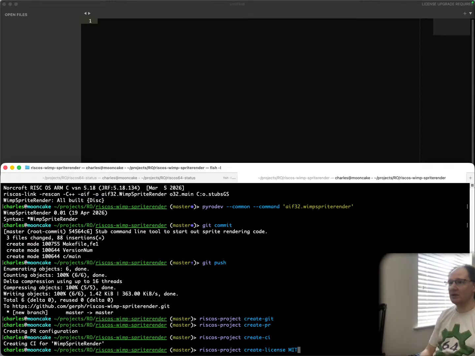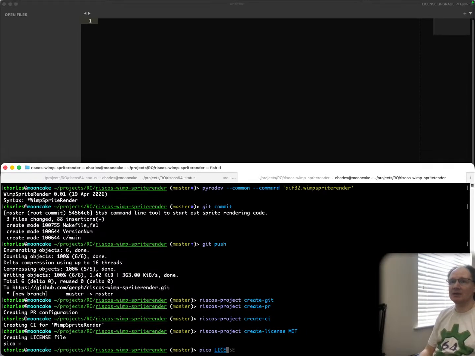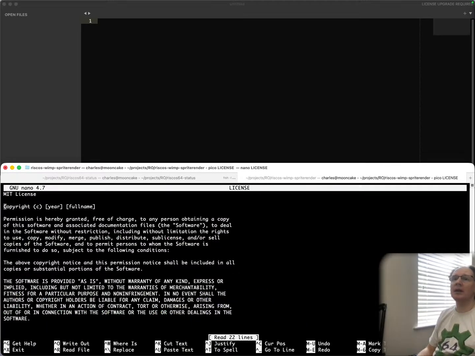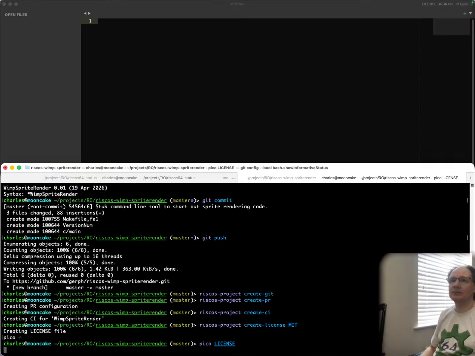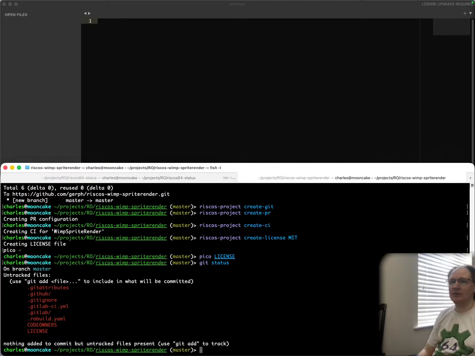License, MIT. And then obviously we have to edit the license as well. There we go, just change that so it says 2026 me. There we go. And if we have a look now, we'll see a whole bunch of files. Git add, git attribute, git ignore, GitHub, and one's there. GitHub, code owners,